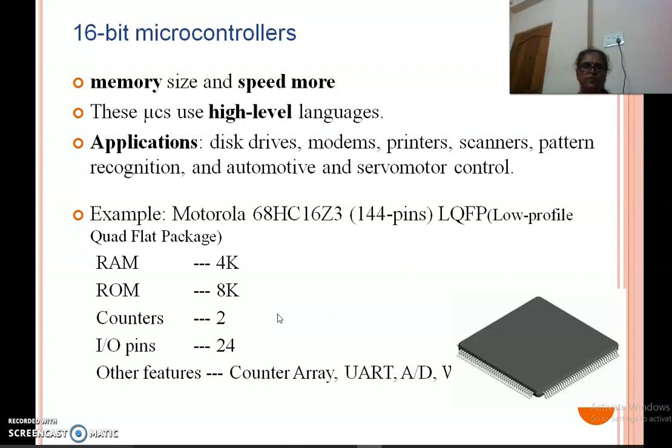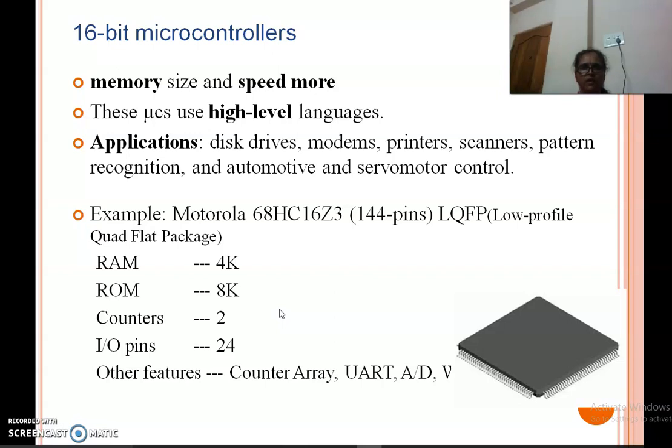With a 16-bit microcontroller, memory size is more and speed is also more. A 16-bit microcontroller can utilize a high-level language like C to do the programs.